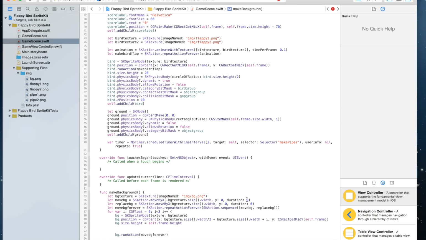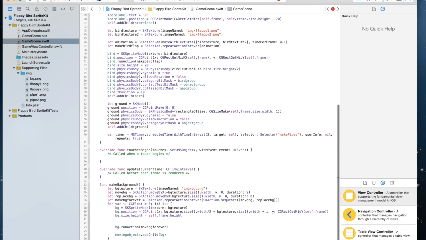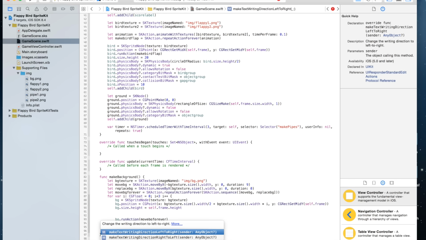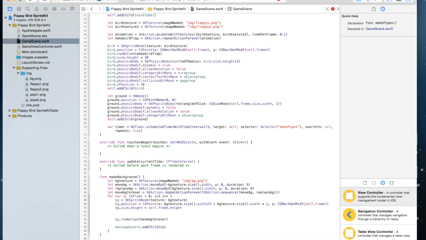Now we're going to create the makePipes. So func makePipes, and